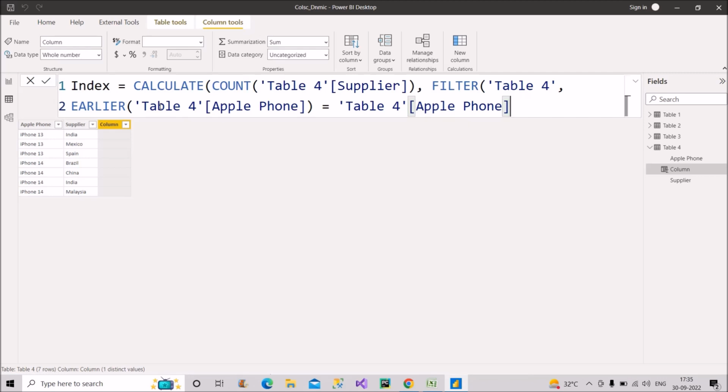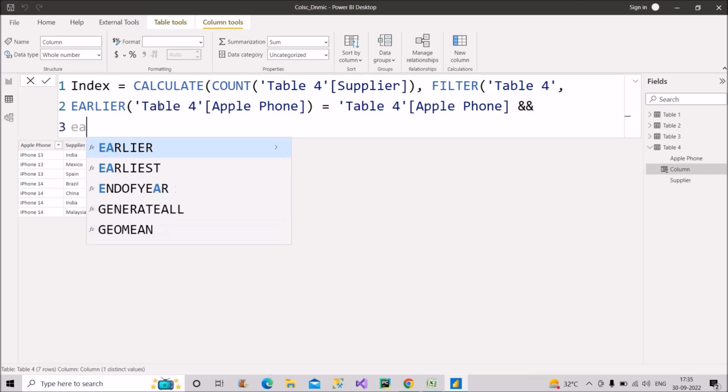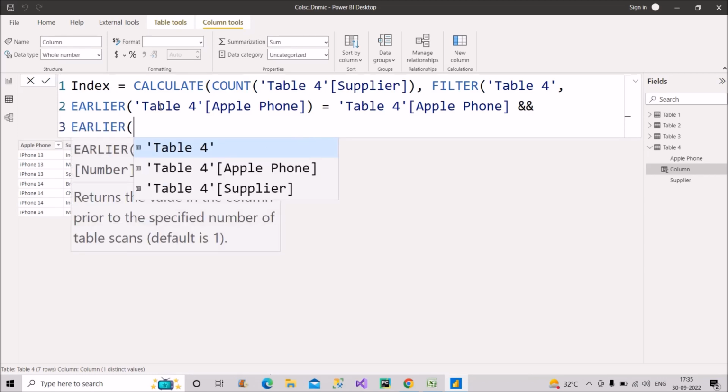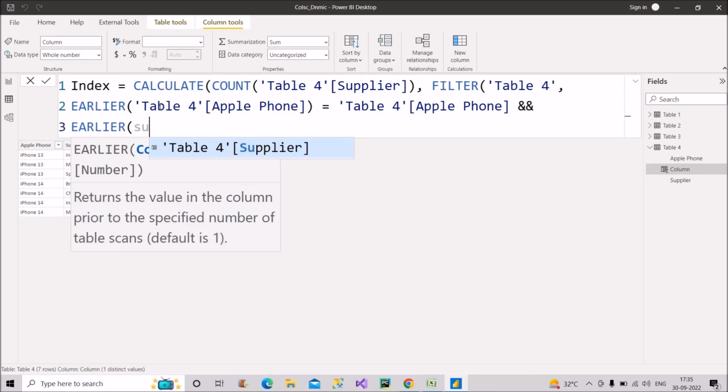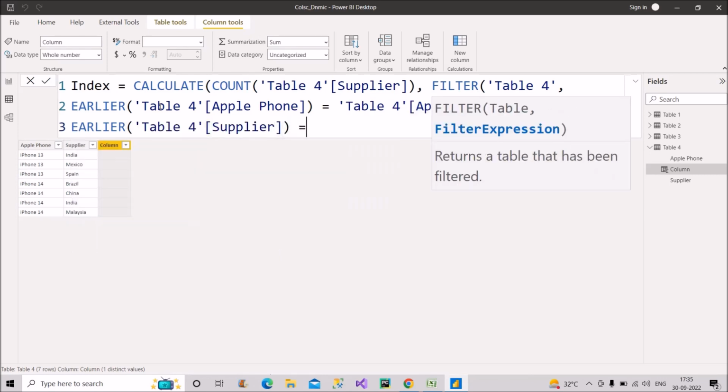Okay, now this is the first column, we have considered the first column. Now you have to consider the second column also. So I will make use of the AND operator here. Okay, and then I will make use of the EARLIER function again. Now I will make use of the supplier column, because you have to consider this column now. So supplier column, close the bracket, then equal to,